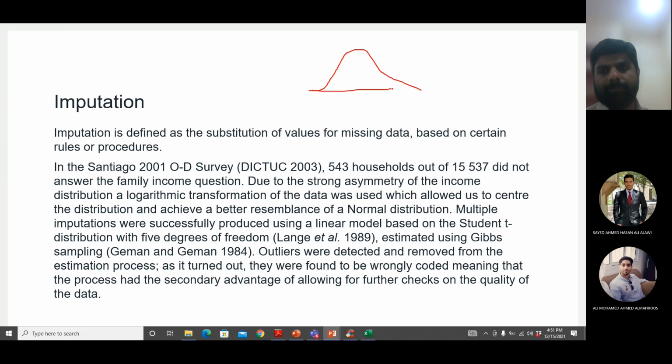Okay, this is very close to a normal distribution. So whatever the missing values were, you will take those missing values from this portion of the data, which has higher frequency. Okay, so for imputation, what we do is, from the data which we have, we find